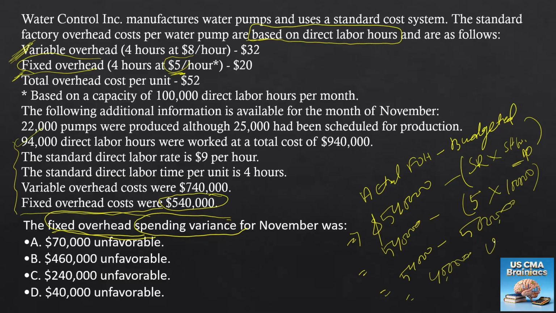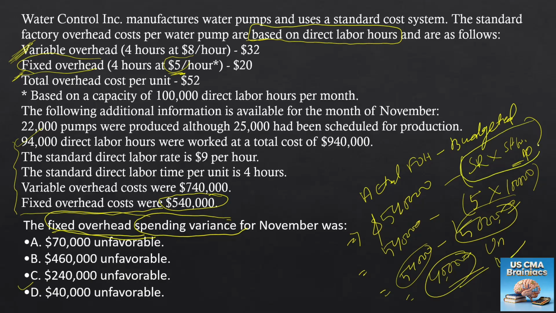Why unfavorable? Because our budget was to spend 500,000 and we spent 540,000, an extra 40,000. So that's why it's unfavorable. Your answer is correct, there is no doubt. Your answer of 40,000 is correct and your calculation is correct. But